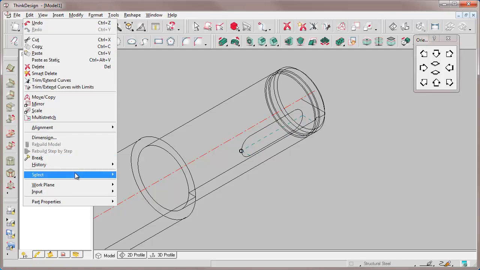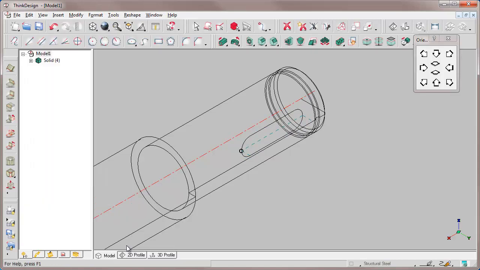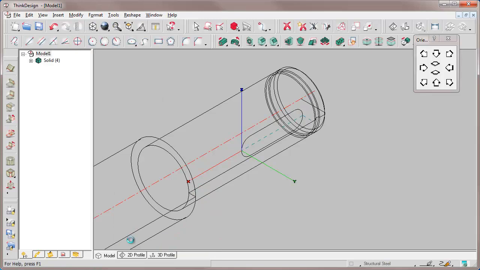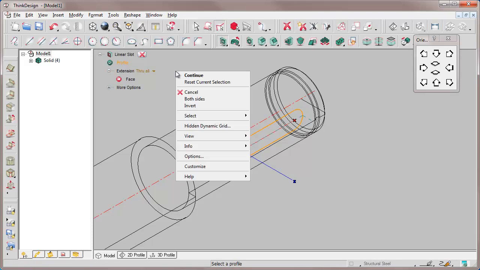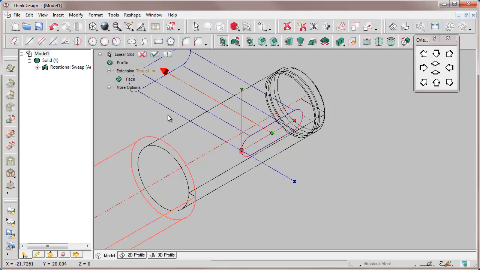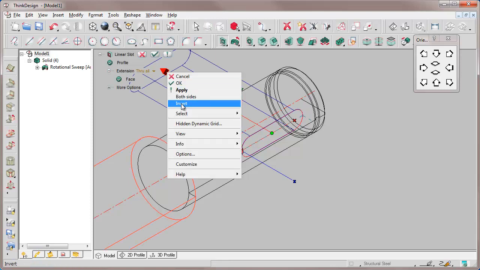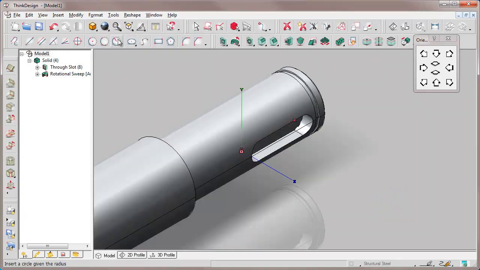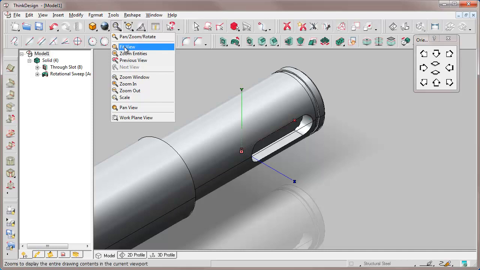The bidimensional entities should lie in a xy plane to be used for the creation of a solid. So first we move the workplane on this point, and then we use, for example, the Align Zeta Axis command, and we select the bottom edge. The zeta axis is aligned to the edge and we keep the necessary XY orientation. With the linear slot, we select the buttonhole as a profile and create a through-hole slot. We invert the direction outward and the slot is done.